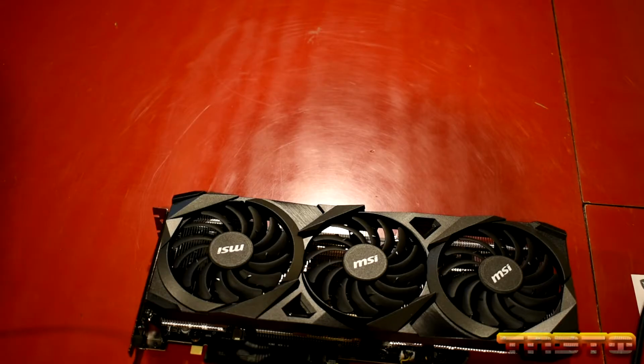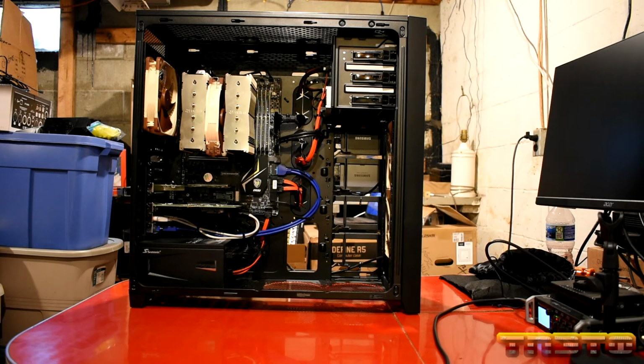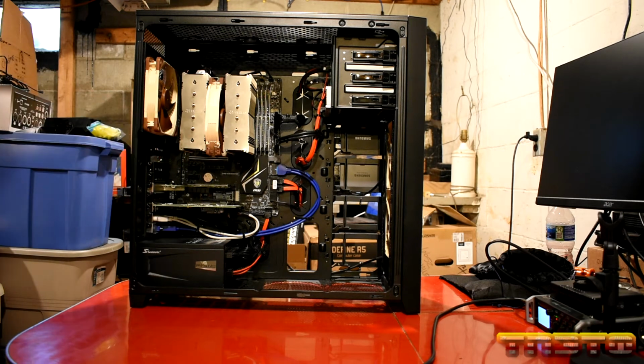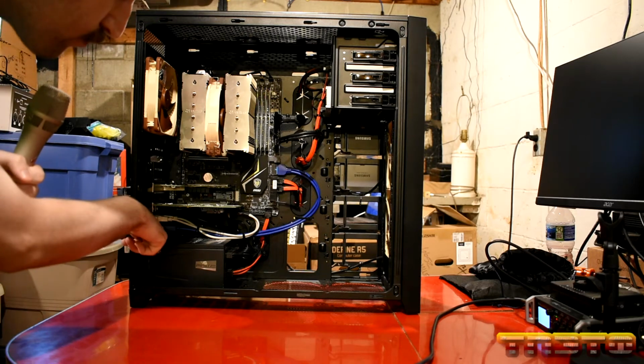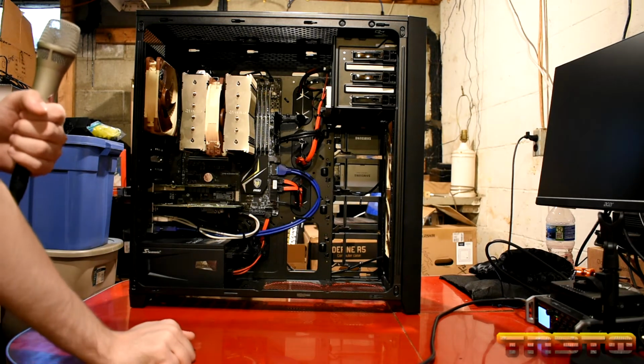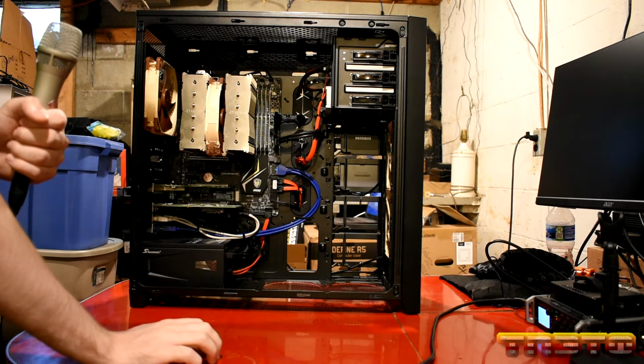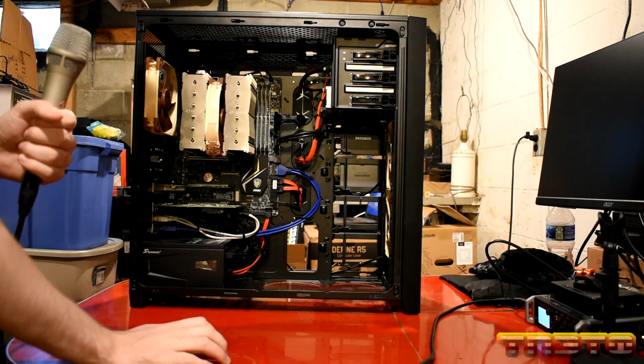Let's go ahead and install it into Abe's workstation where it will be bottlenecked. Okay, so we now have Abe's workstation on the bench. This is an MSI X99A workstation board, 128 gig of ECC RAM. You got a 10 gig fiber NIC in there. You got a Lynx AES16e card for professional audio equipment. You got some USB brackets to utilize all your USB ports. It's running an Intel Xeon E5-1650 v3, which I believe is 6 cores, 12 threads, base clock of 3.5 gigahertz,